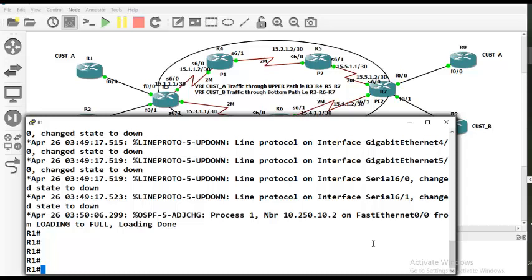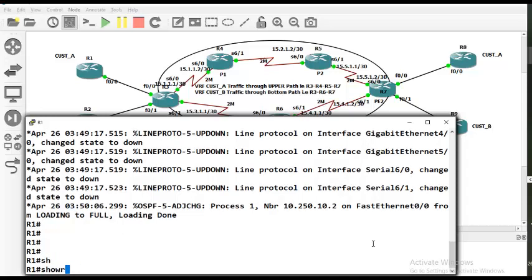How do we achieve this? By using a static route. By using a static route to the loopback interface that we have dedicated to customers. That's the very important secret you should know. How do you manage to bind the tunnel interface to the customers? If you see here, show run